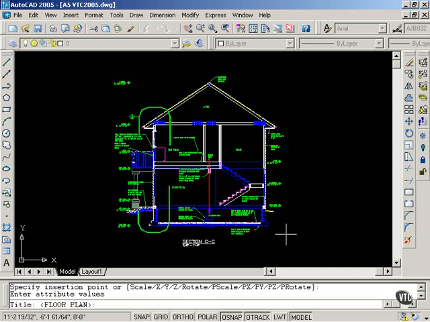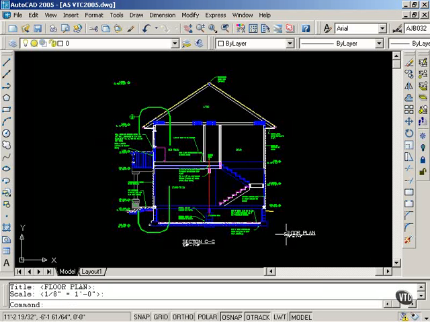And currently the prompts appear in the command line. I'm going to change this in a moment so that I get a window. But continuing, I will select floor plan as the title, and I will keep the scale, and there is the attribute block. I would rather see a dialog box, so I'm going to type the system variable